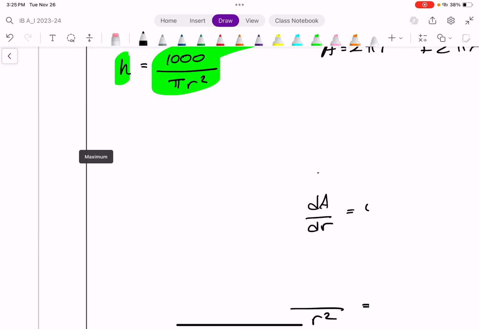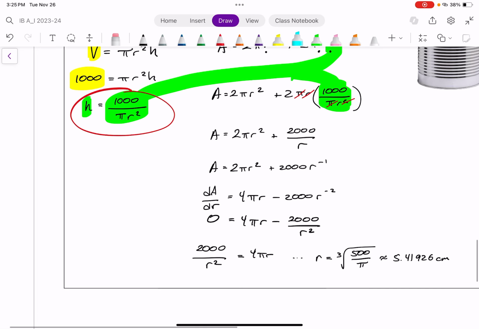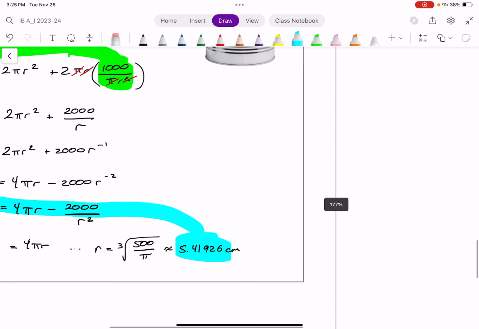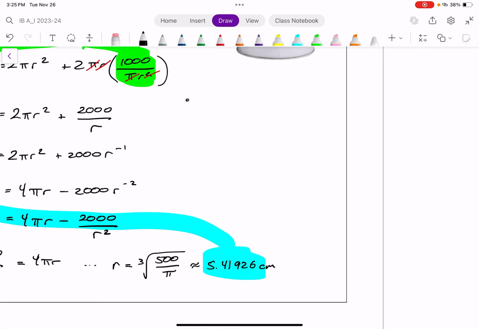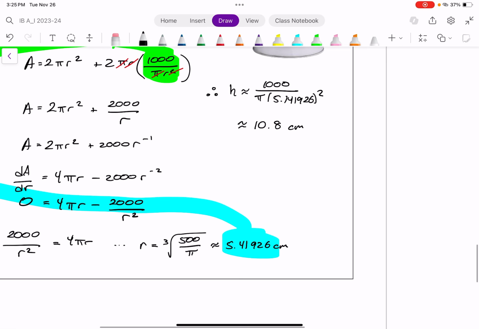And so don't forget, I have right here, height is 1,000 divided by pi r squared. So I can just take this answer I have here and squish it in right there. And so I'll kind of finish that off to the side right here. So therefore, height is approximately 1,000 divided by pi times my answer down there, squared. You could also put the exact value in. And we pretty quickly get about 10.8 centimeters, which is accurate to 3 significant figures,